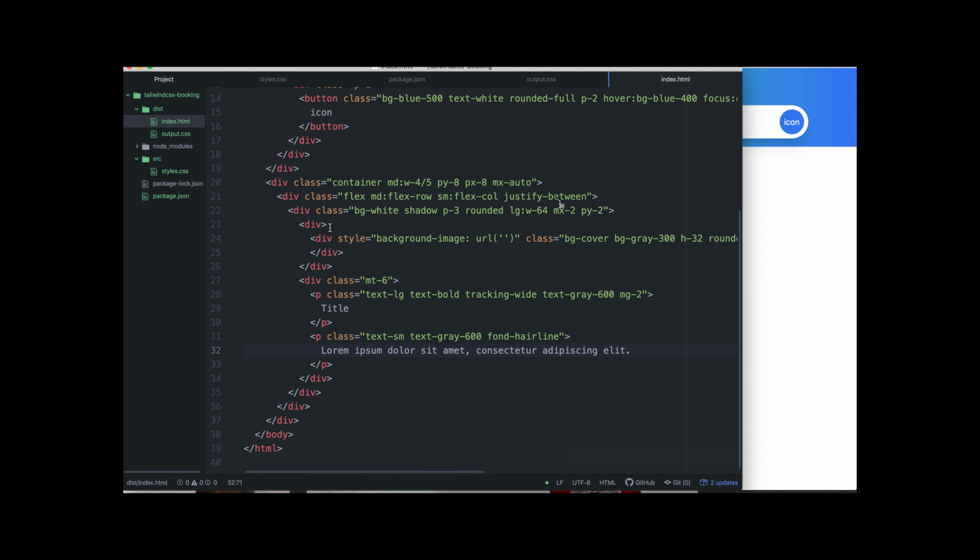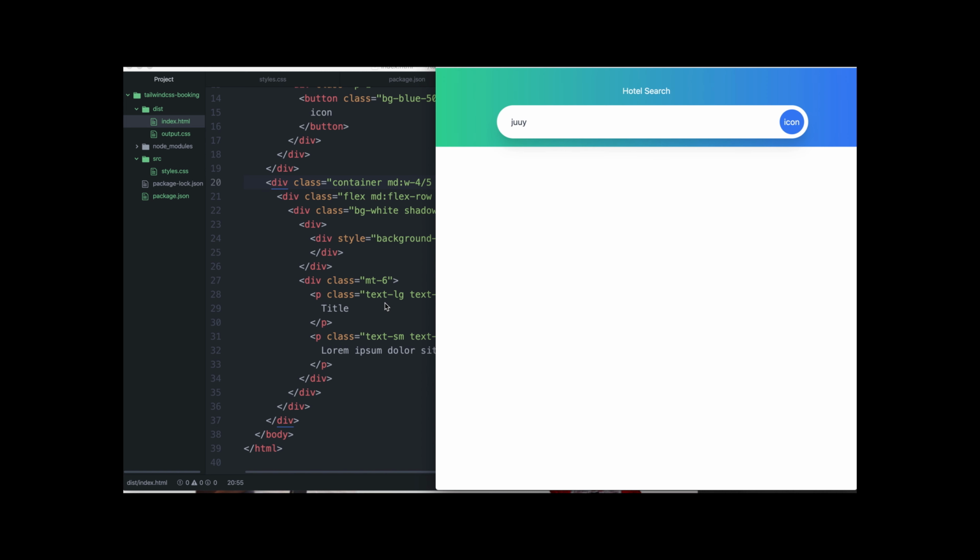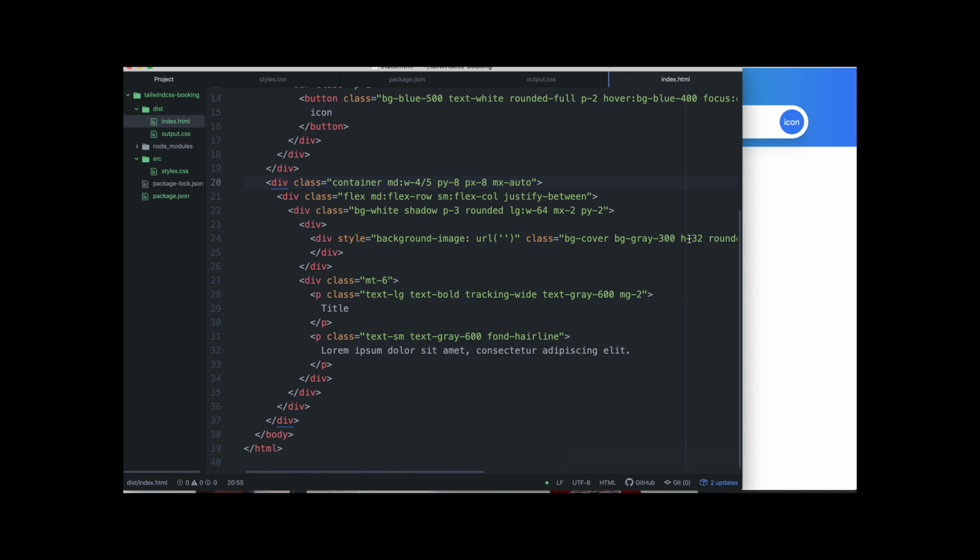Alright, so we created the container that's going to hold the cards, and what else we did is that we